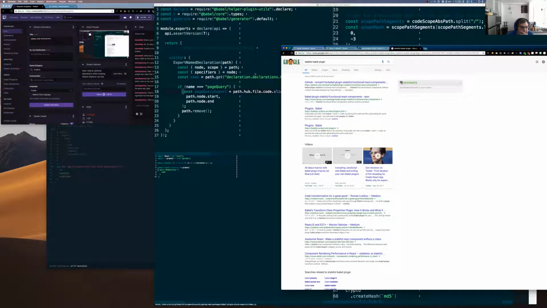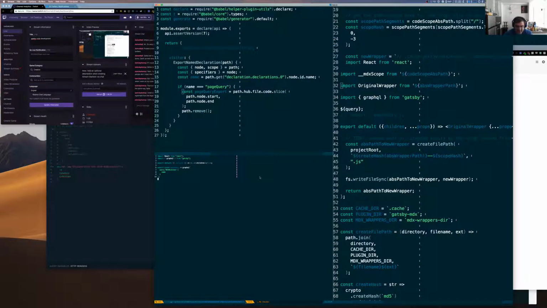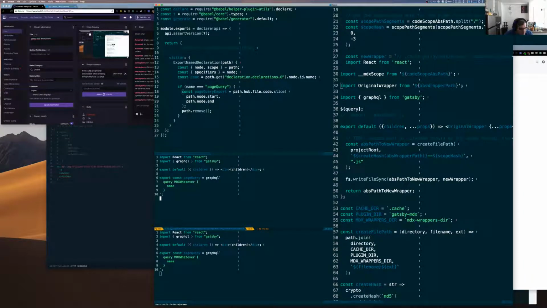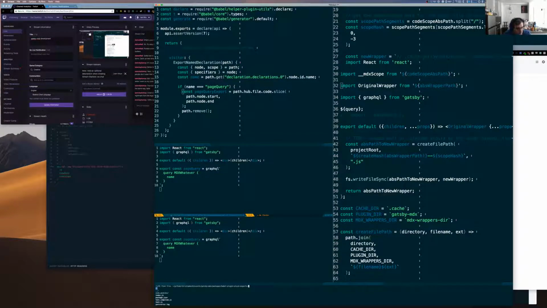I may actually just do that. So let's write a different test, right? So instead of test.js, let's do index dot, or let's do